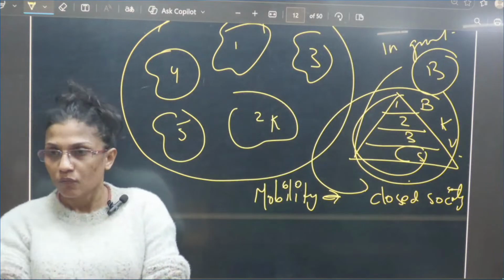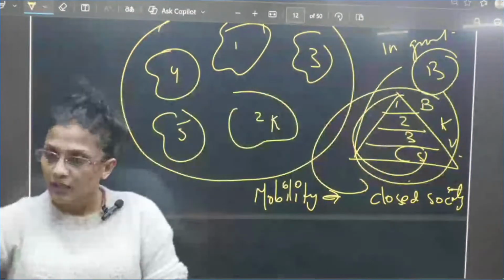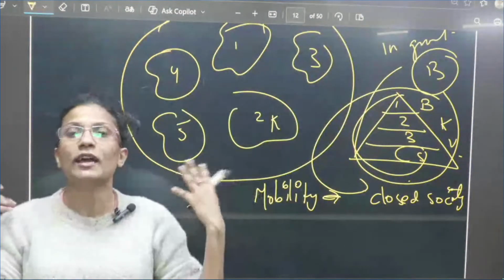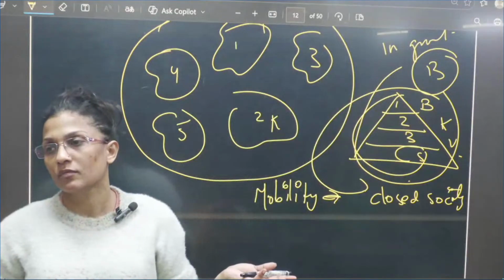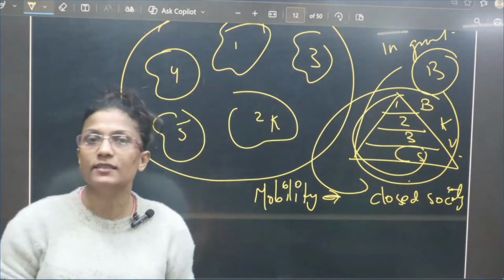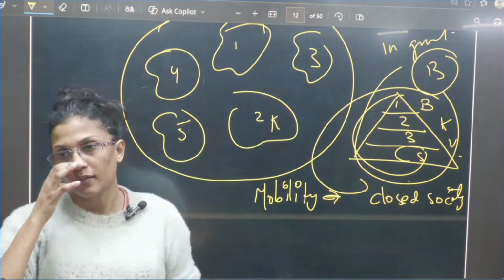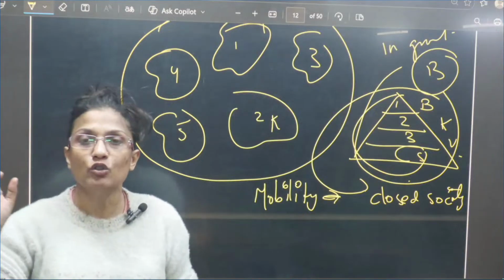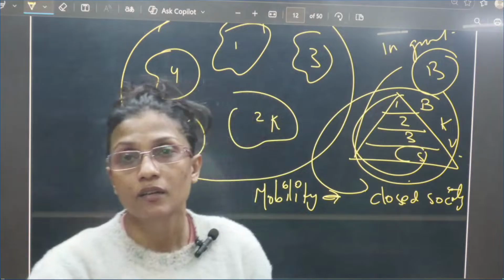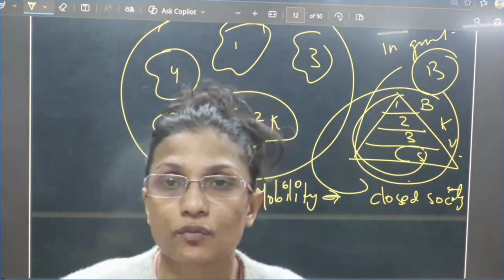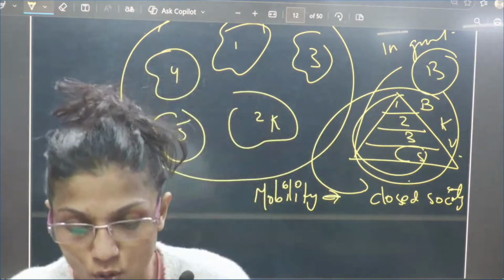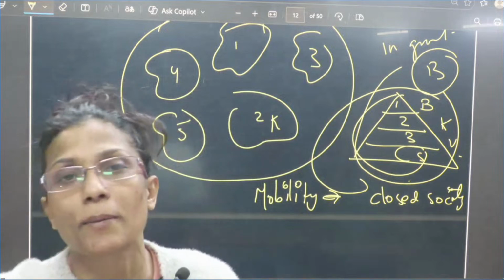Sanskritization, what you people are saying, that's what I have said. No society can be completely closed. Sanskritization, MN Srinivas यही तो कह रहे हैं. समझ में आया? Now the West society are claiming that they are rational, it is free for them to do class jump, mobility. वहां पे भी नहीं है.